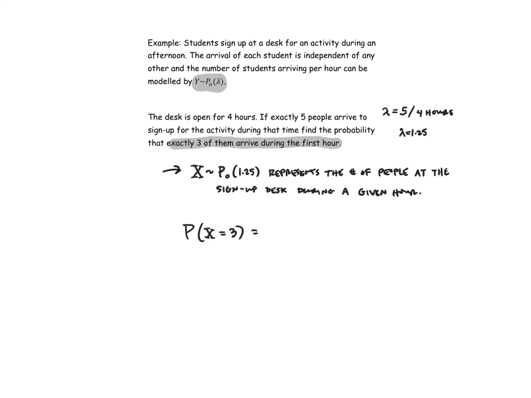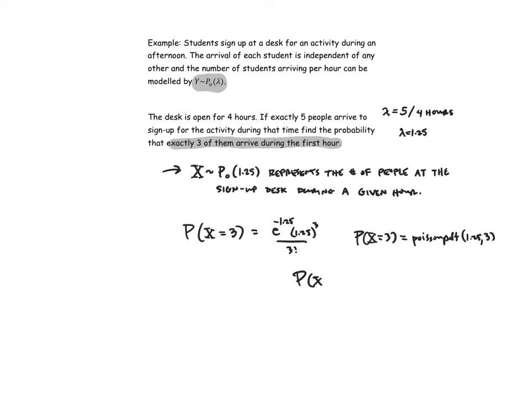Well, that's pretty easy. We're going to take e to the negative lambda times lambda to the third over 3 factorial, which can also be done, like we've said before, by using a Poisson PDF, 1.25 and 3. In either case, you'll get the probability that exactly 3 of them showed up during the first hour. I'm going to do that right now, PDF 1.25 and 3, and our answer comes out to be,